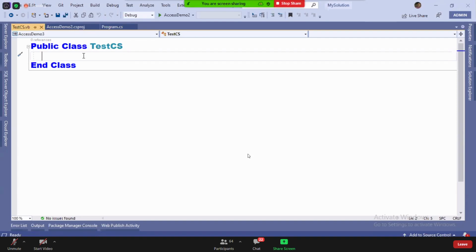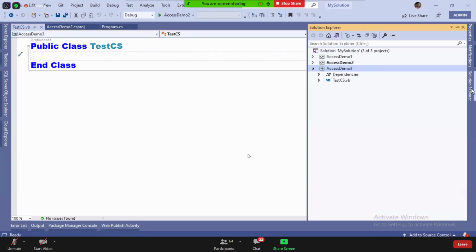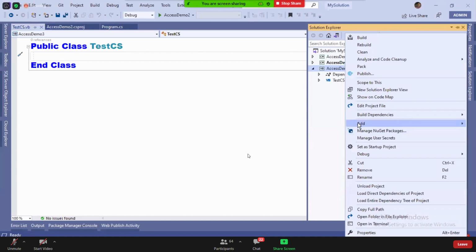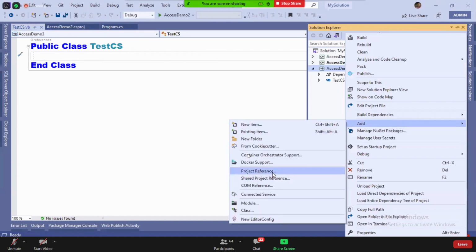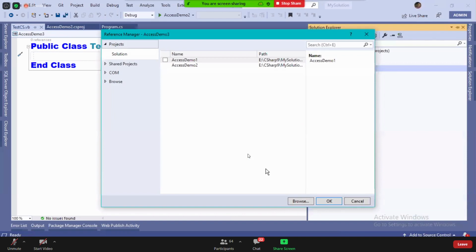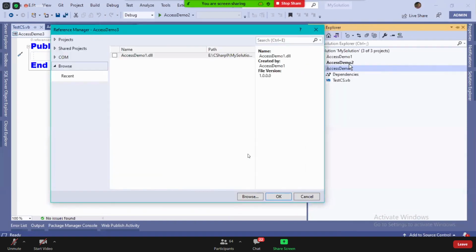I want to consume that class here. If you want to consume, what to do? Same process, a reference should be added. Right click, Add Project Reference. Yesterday we added the reference of Access Demo 1 to Access Demo 2. That's why that is coming in the list here. So directly select it and click OK.